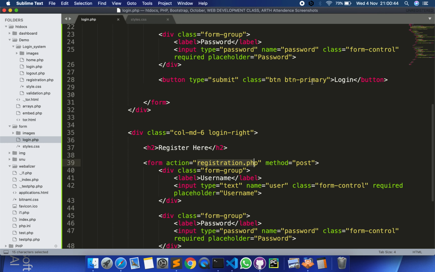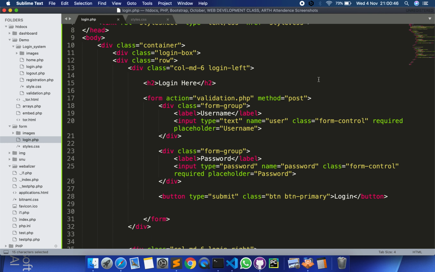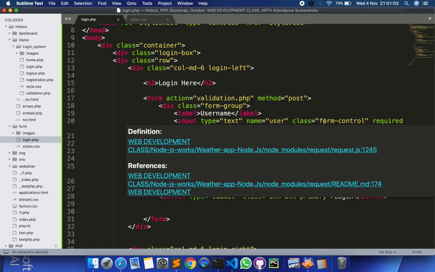Last but not least, since you all know there are two kinds of requests, GET and POST, here because we are sending the data to the server, the method is POST. The other things I have used are generally Bootstrap classes, so I won't be focusing much on Bootstrap.